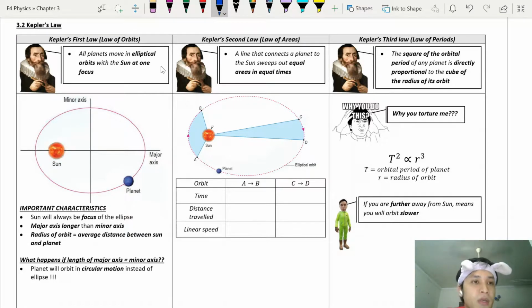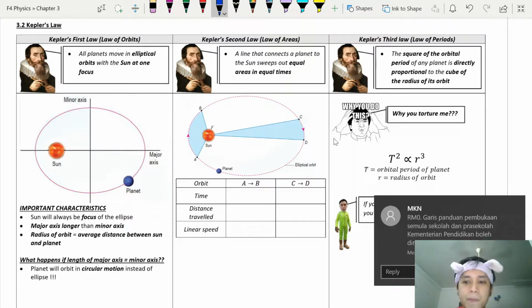Okay, so Kepler's law. When you reach this particular section, some of the students will start to think, oh my god, what am I learning here? Or you tend to get confused about what you're learning here. But